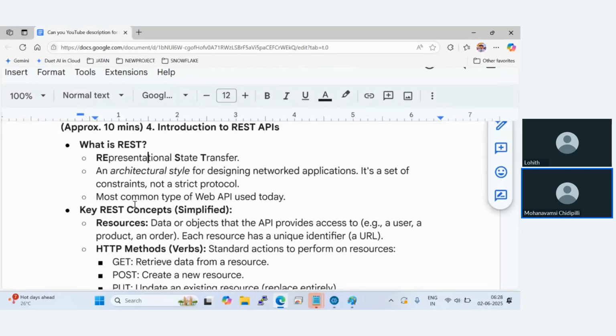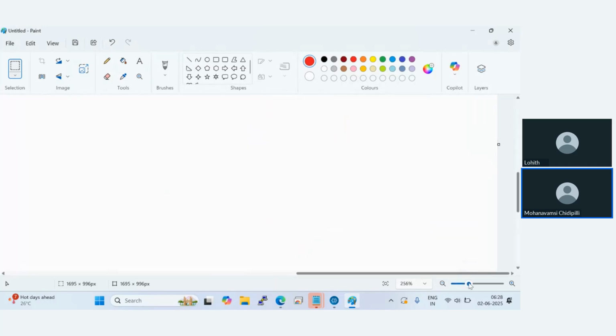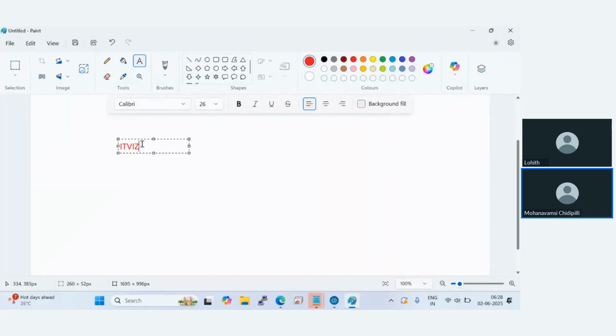And that is why REST is simple. A resource is data or objects that the API provides, such as a user, product, or order. Each resource has a unique identifier, a URL. For example, see, this is how somebody would create a REST service at itvisor.com. It will look like this: itvisor.com slash